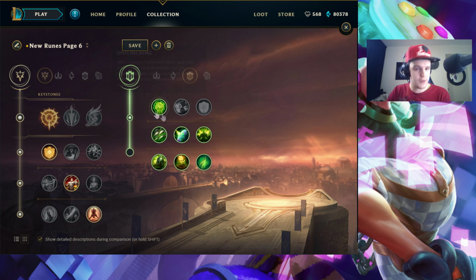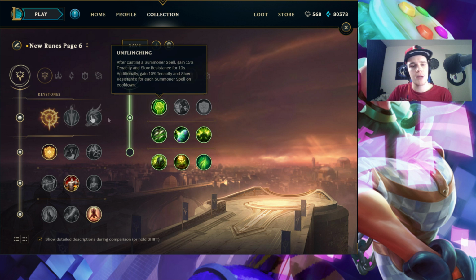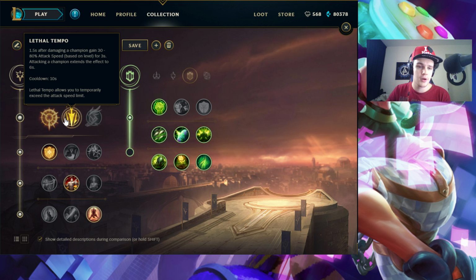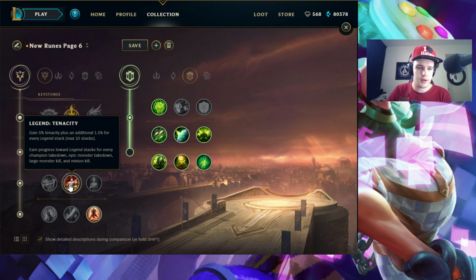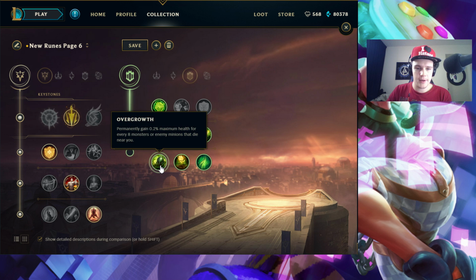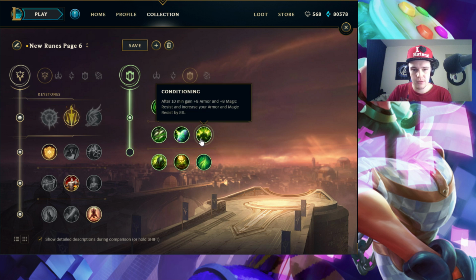It's really insane. So if you want to pull this off on certain champions and go for Press the Attack, like ADCs with Press the Attack or Lethal Tempo for that matter, you can pull this off and then go for double Tenacity in a way like this, and then pick up, I mean, anything else really. What's the best one at this point? I'd say